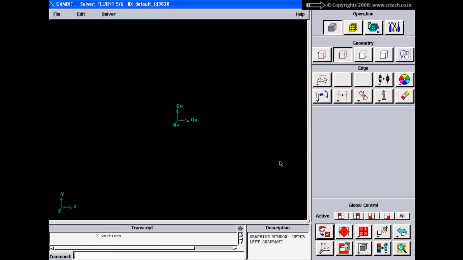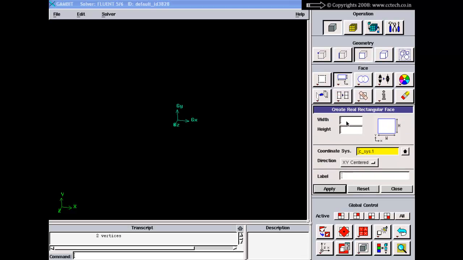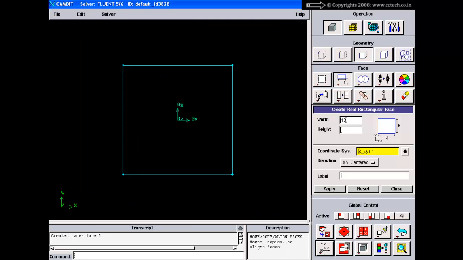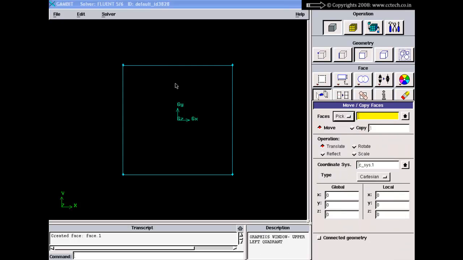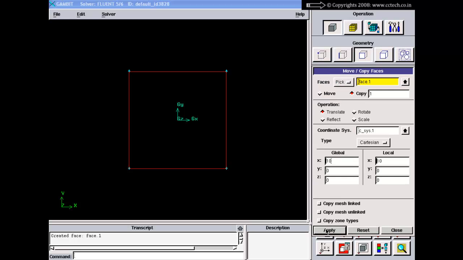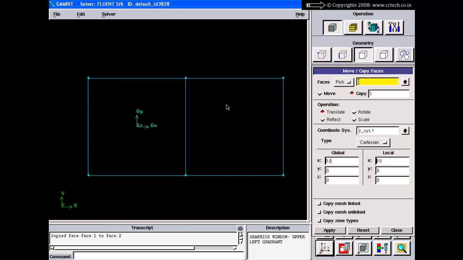So, it means if I have 2 faces, for example, I will create a rectangular face of 10 by 10. I do not provide any other dimensions, so it will be by default 10, fit to screen, front view. Then again I will move copy. So, I will say this one, I want to copy this at exactly at location 10. Apply. Now, even if you see that these 2 faces are connected, right now they are not connected,